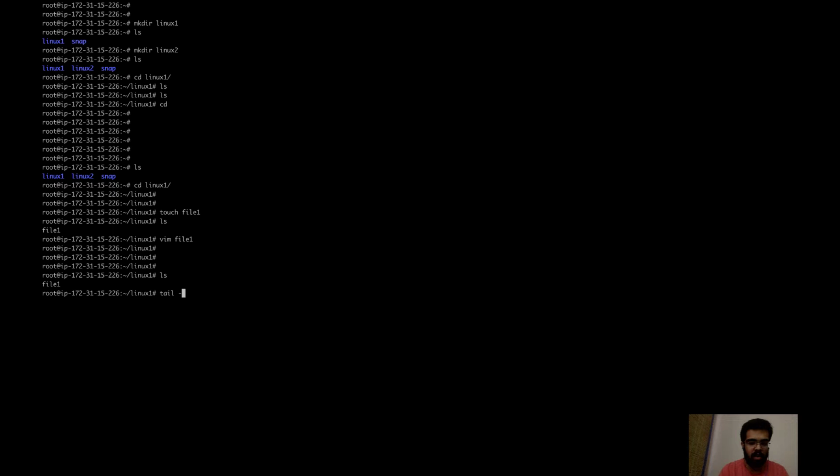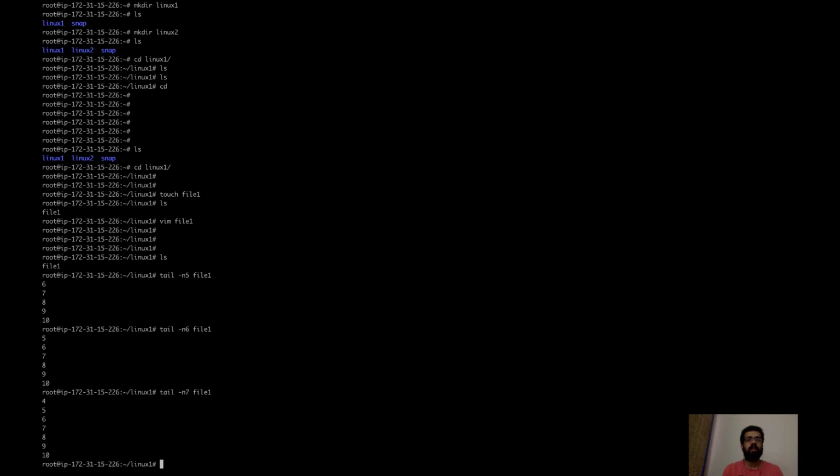Tail is basically one of the most important commands to check the contents of a file when logs are printed and you don't want to see thousands of logs, you just want to see the last 10 lines or last 100 lines of a particular file or the logs location. We can use the tail command. Suppose the microservices logs or the application logs are there and you have to troubleshoot that. For that purpose we use the tail command.